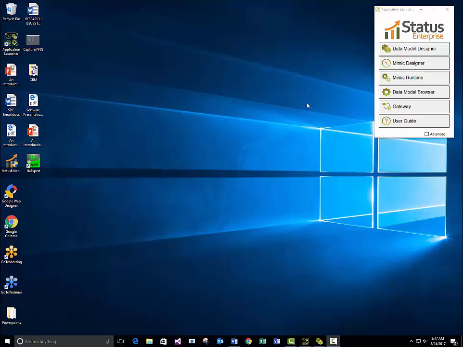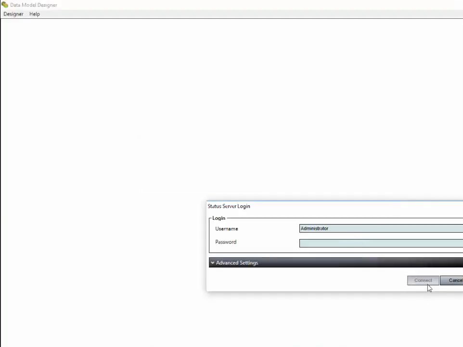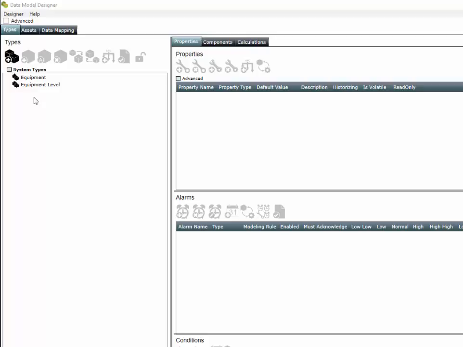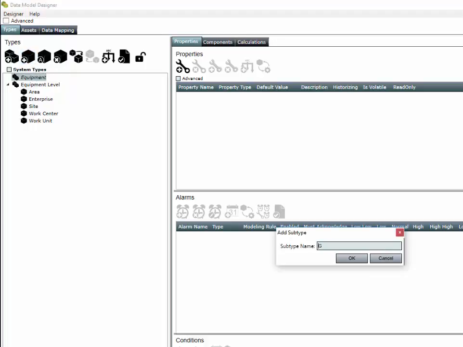So today we're going to look at collections in components inside of a data model. We're going to begin by launching the data model designer and going in to look at our model. I've got a new project here, so I don't have anything added yet. But I'm going to begin by creating a subtype